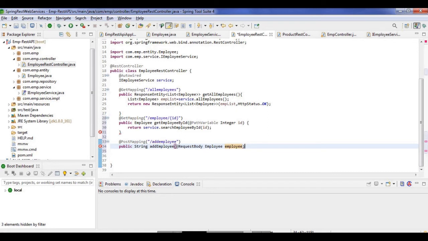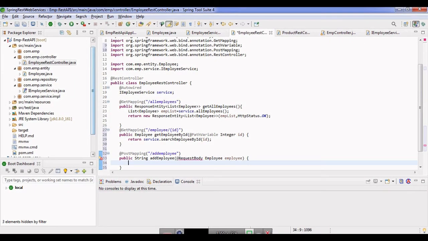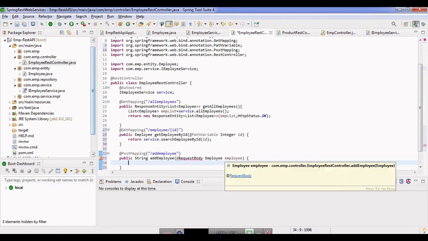And one more thing, the data that I mentioned, the employee object in the request body, is coming by default in JSON format, and the @RequestBody annotation deserializes it into a what? Into a Java object, and that is why it is bound to, or injected into, the method parameter, that is this employee.